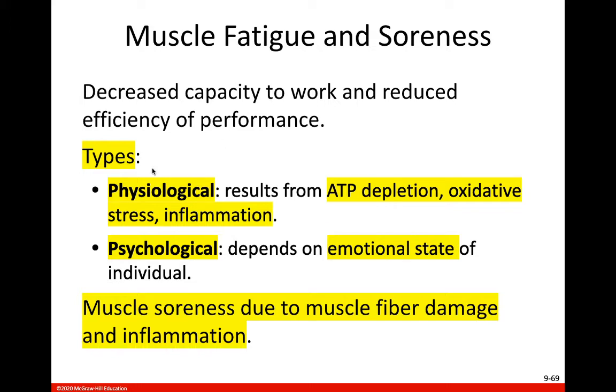There are two types of muscle fatigue. There is physiological fatigue and psychological fatigue. We're going to mainly be looking at physiological fatigue. Psychological fatigue, again, is caused by the emotional state of the individual. It can cause